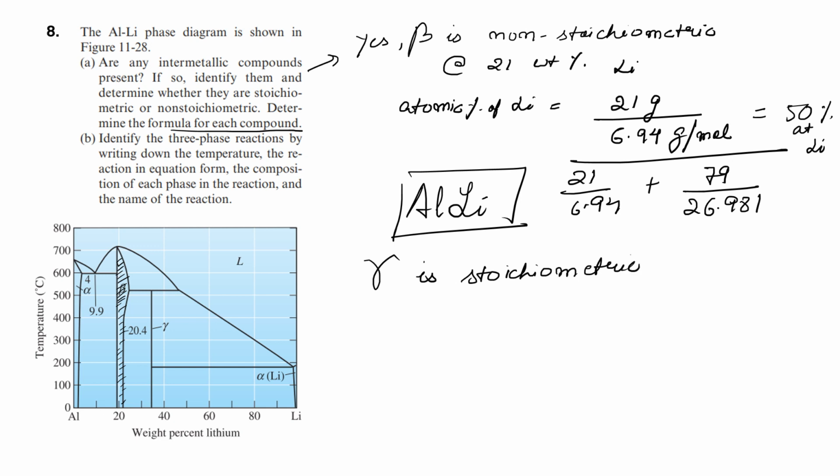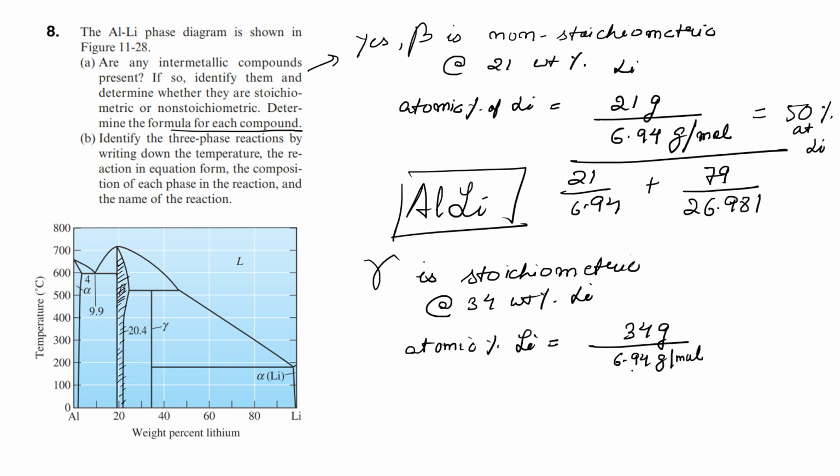Stoichiometric in nature. So the gamma exists at just about 34% of lithium. So we take the atomic percent of lithium here, and that is given by 34 grams, assuming, divided by 6.94 grams per mole. So the number of moles of lithium by the total number of moles. That should give me